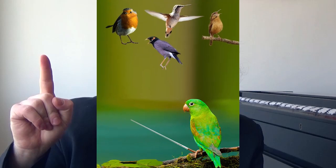Imagine you feel free like a bird, like a conducting bird. Okay, thanks, Bert. You're able to connect with the musicians and to make music together. This feeling is like